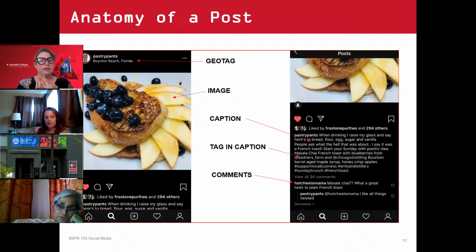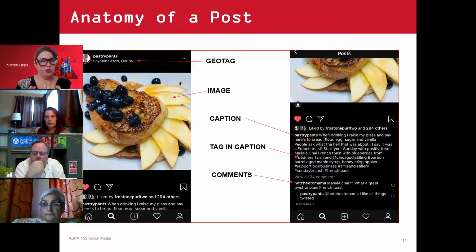There are 3 different things that you can provide in order to give your post more value. You can choose to educate people with it. You can choose to entertain people with it. You can choose to engage people or give them an opportunity to engage back with yourself. Or you can do all three or any combination thereof. So how do we do those things? By creating a well thought out caption.